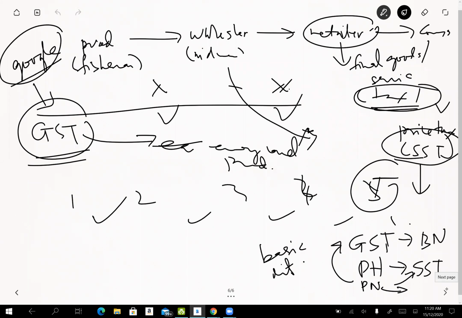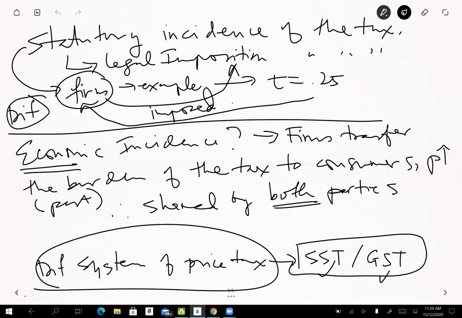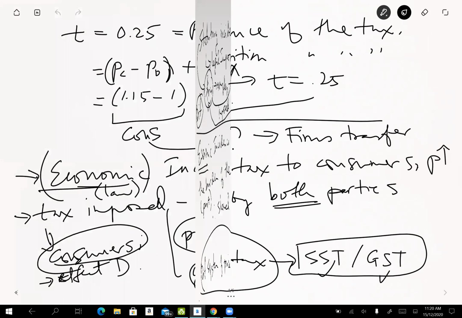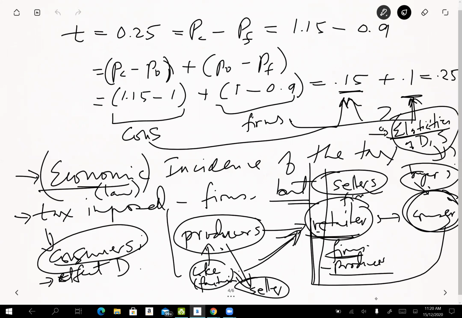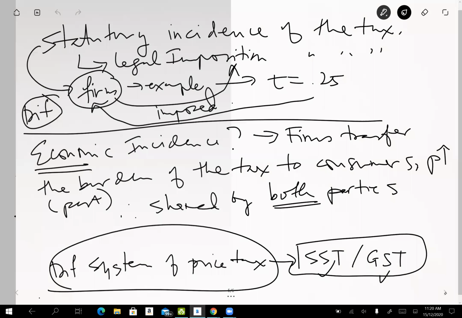Anything else? Sir, just to confirm, for our midterm this Thursday, it will comprise chapters 3, 4, and 5, right? Yeah, chapters 3, 4, 5. Three chapters only. Okay, thank you, sir. I'll give you about 1 hour, 1 hour 10 minutes like that. Anything else? Okay, so we'll stop here.